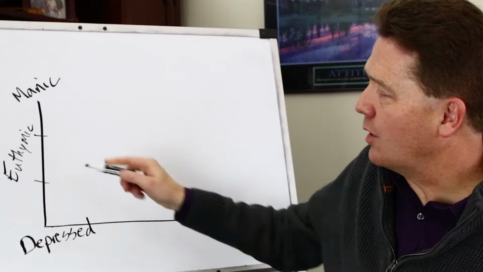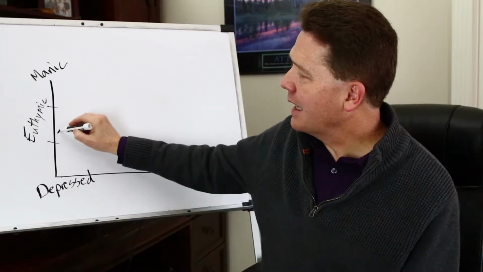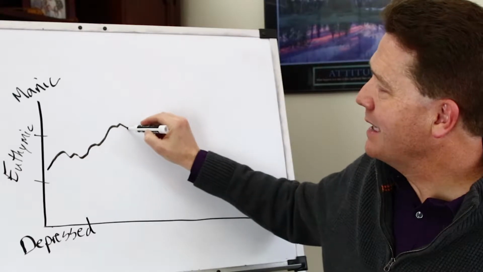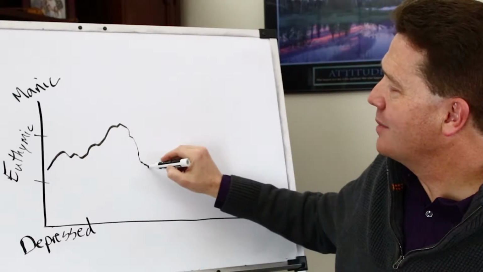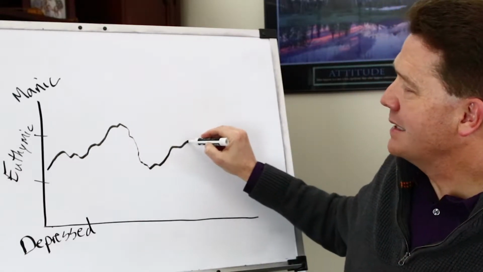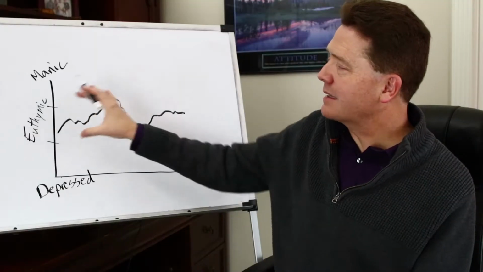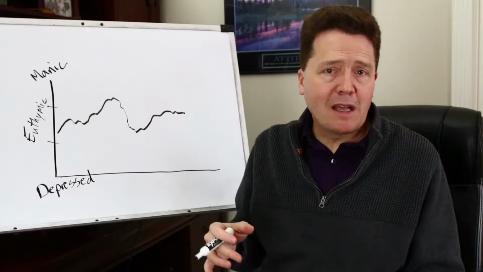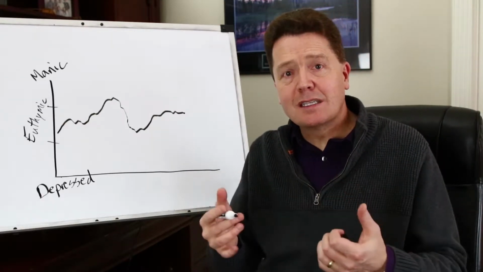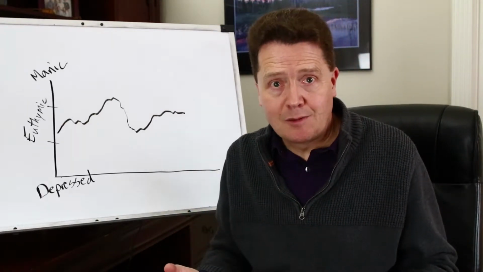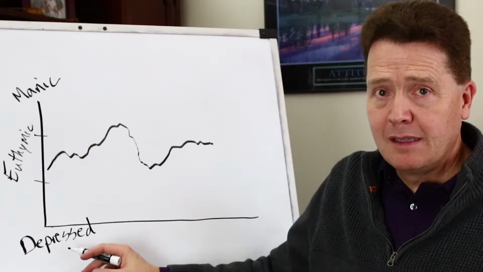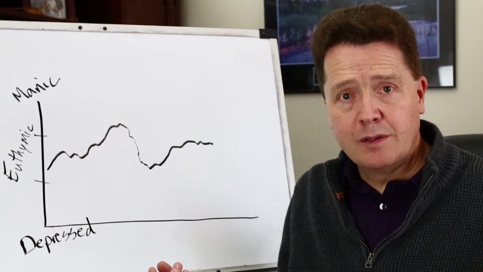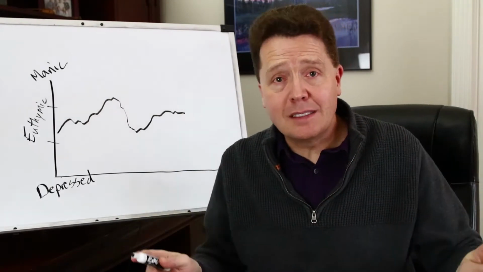Now, most people go through life having a normal mood. So some days they might be really up, and some days they might be really down. It might cycle a little bit, but basically they're going to stay in that normal range. Some peaks, some valleys, but it kind of returns to this normal range. Depression is a disorder of mood. And there's many different kinds of depression.